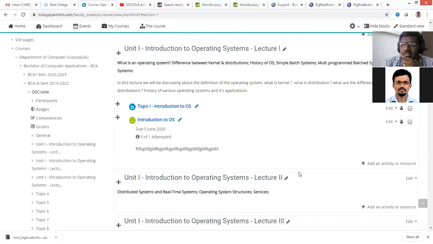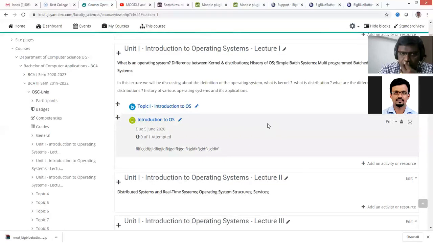Just because different teachers may be going at different speeds, it may not be necessary that at the introduction to OS, all of them will have to take it on the same day. It is not necessary, right, sir? If they are not taking it on the same day, then you have to open your lesson activity for, say, 3 days or something like that. Whenever the teachers are going, till that day, that lecture, the lesson activity should be open. Okay, thank you, sir.